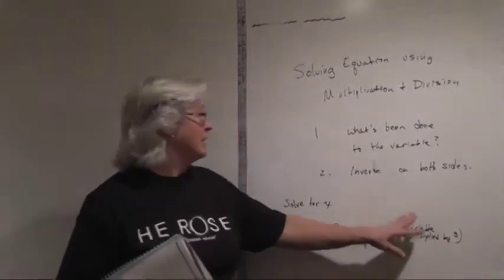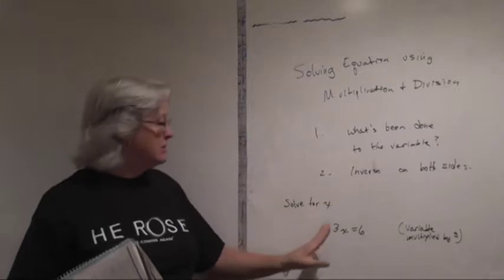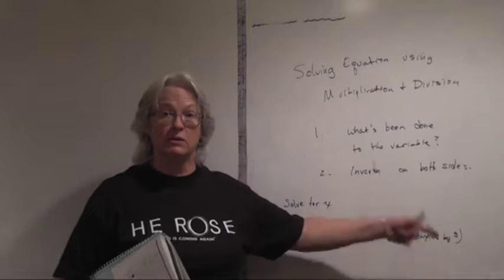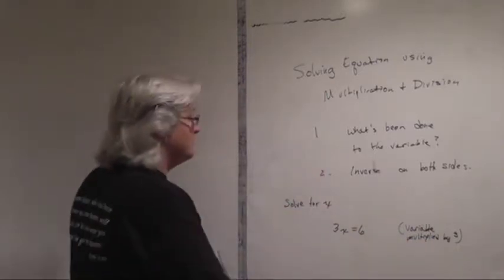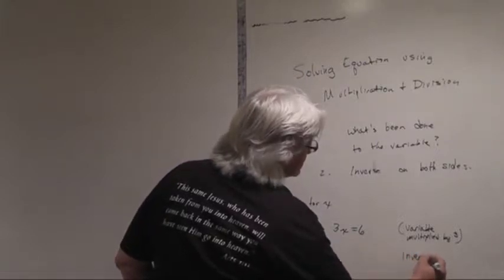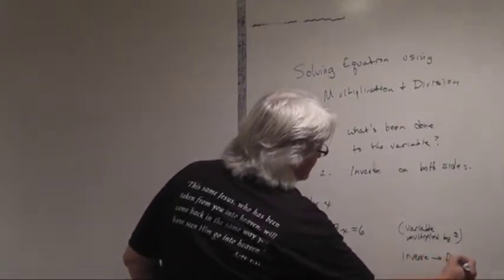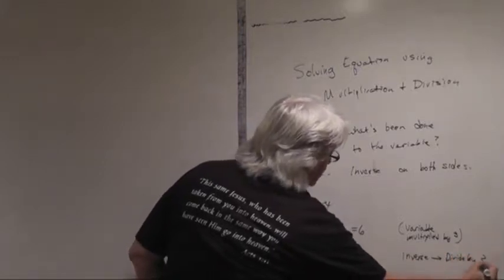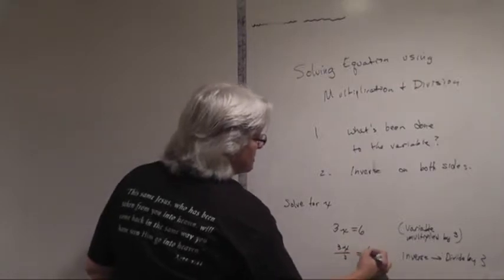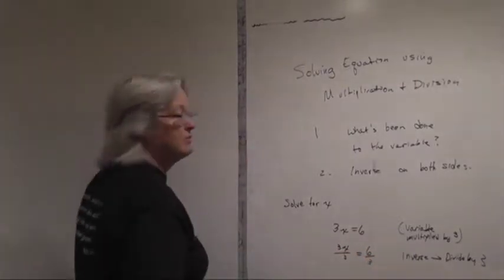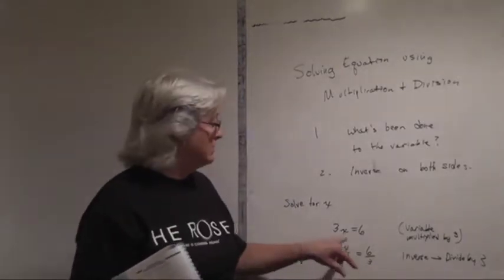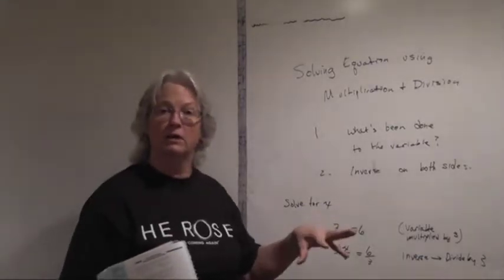Variable multiplied by 3. Find the inverse operation, do the same thing on both sides of the equation. What's the inverse of multiplication? Yeah, it's division. So you divide both sides of the equation by the same value. Divide by 3. 3x divided by 3 is equal to 6 divided by 3. 3 divided by 3 is 1. 6 divided by 3 is 2. You know how to cancel